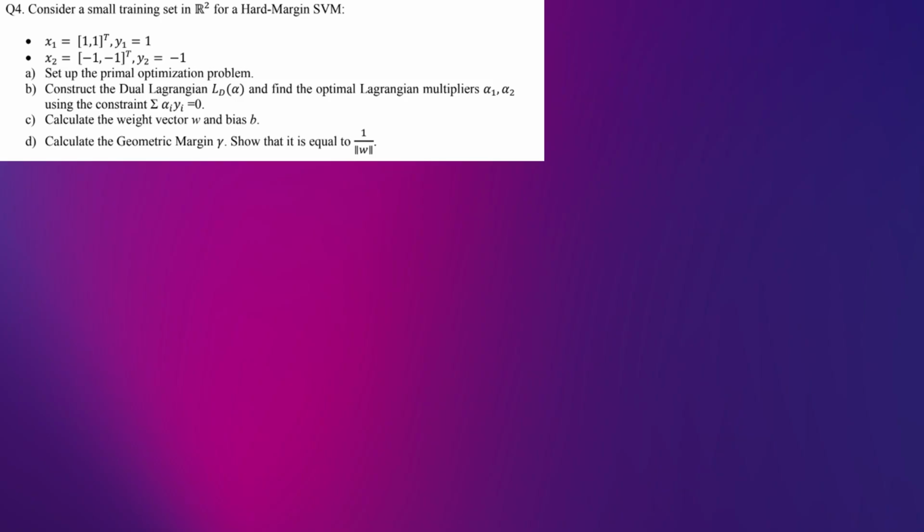Now this is on your hard margin SVM. You are given points x1, y1, x2 and y2. Set up the primal optimization problem. So let's start. You are given R square as the small training set in R square. So your basically primal problem